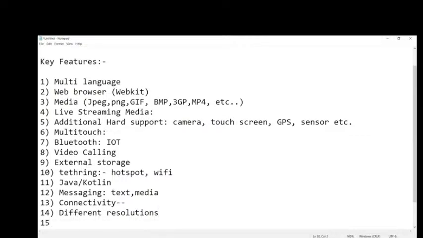Means from small to big, we can build many better features. And the next is that these people are always regularly providing attractive features UI-wise, an always updated UI.